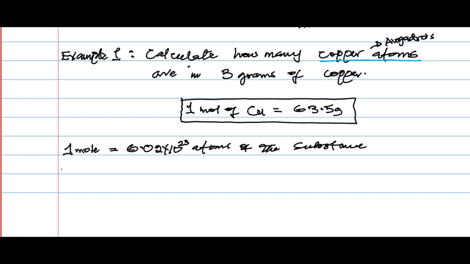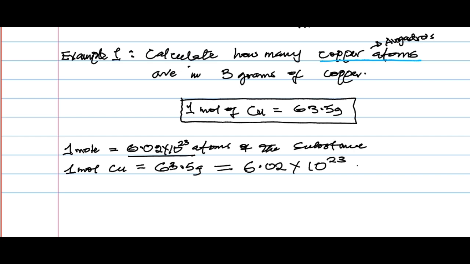And then we know that 1 mole of copper equals 63.5 grams of copper. Remember, that is the molar mass of copper. That is, the mass of 1 mole of copper is 63.5 grams. And then we know that in 1 mole we have this number of particles, so we can just equate it here as well. It equals 6.02 times 10 to the power of 23 atoms